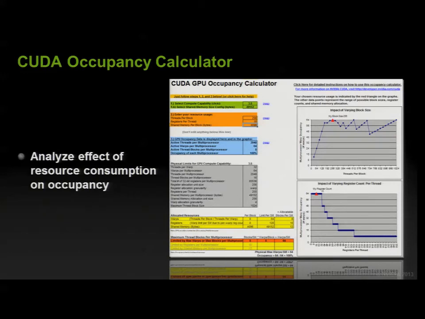And it gives you some feeling of how many more registers I would need to use, or how many registers less I would need to use in order to get higher occupancy, or how much more shared memory I could use. So for all these questions about the trade-off between how many threads I want to have per block, how many blocks in total, the occupancy calculator can be a fantastic tool. And yeah, we probably should go through that at one point later on in the hands-on. But for now, I would say